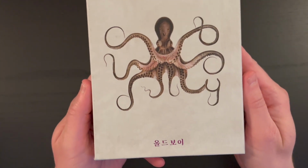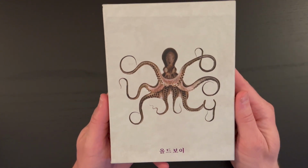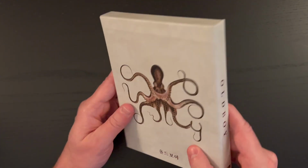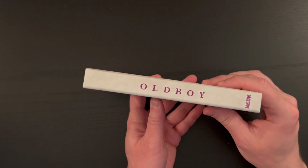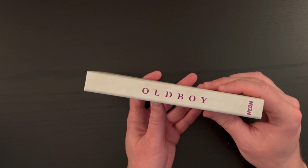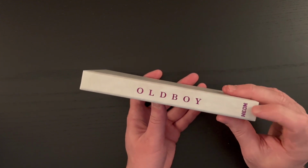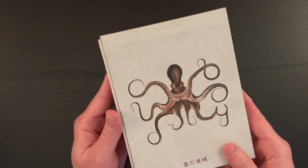and let's take a look here at the artwork on the cover. Now, I'm not familiar maybe with the meaning of this artwork here on the cover. I'm sure I'll know more once I watch the film. But we have some beautiful, I don't know if this is going to come across on the camera very well, but we have some foiling here on the name of the film as well as the neon logo there,